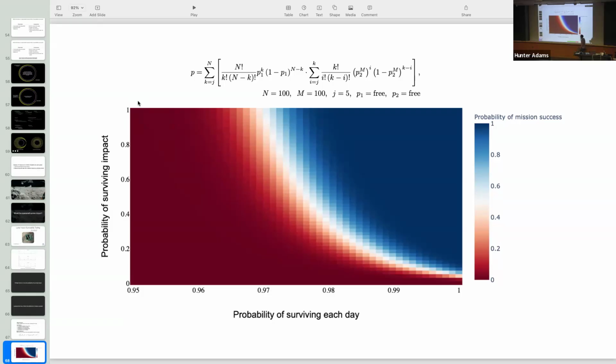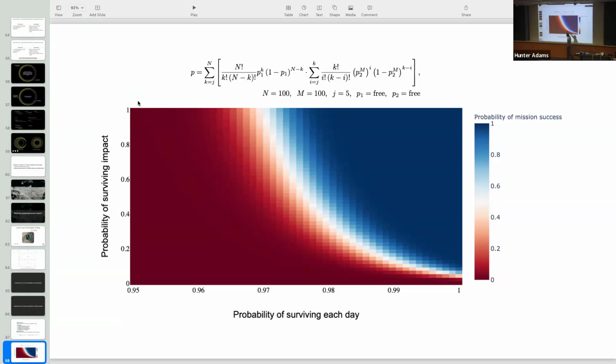But maybe it's something in that range. Against the probability of surviving impact, which is 0 down here, that is to say, every chipsat has no probability of surviving hitting the moon, up to, at the other extreme, 1, everyone's going to survive. We don't know exactly what these probabilities are, but we can make a map that describes if we deploy 100 chipsats, after 100 days, if we require 5 being alive after 100 days.